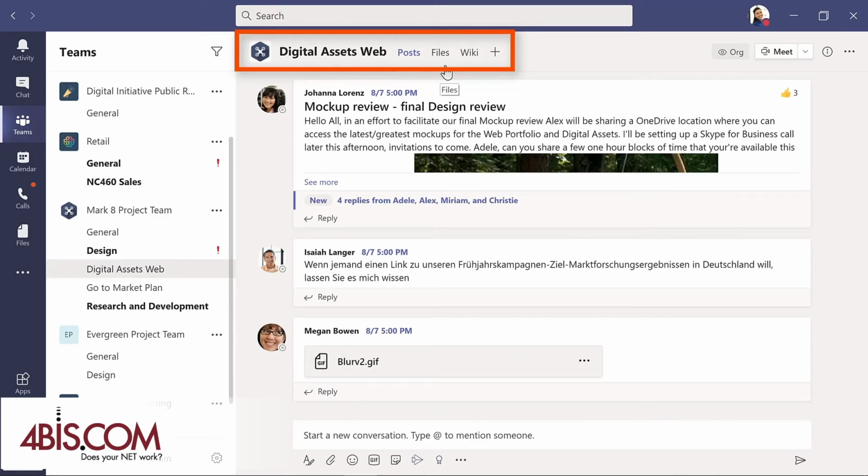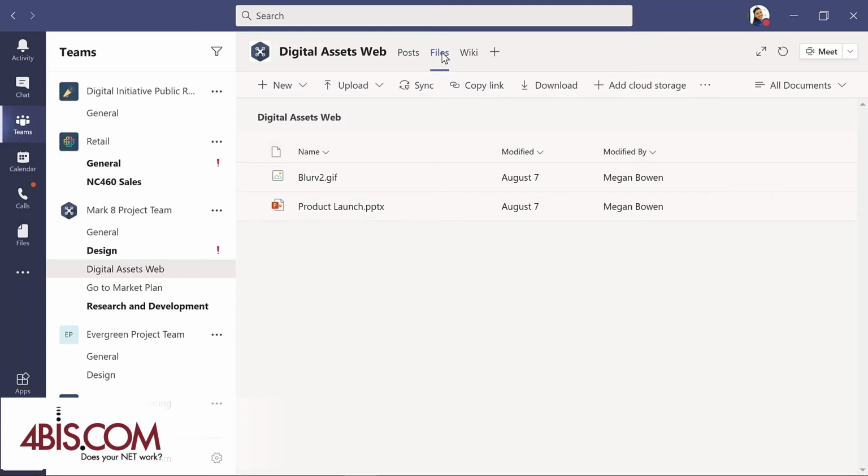And these are how you organize your work with links to files, apps, and services. Every channel has 3 default tabs. There's Post, and this is where your team posts messages, replies, conversations, where you can hold meetings and even share files. We have Files. This is automatically then where shared files are stored and can be accessed and can even